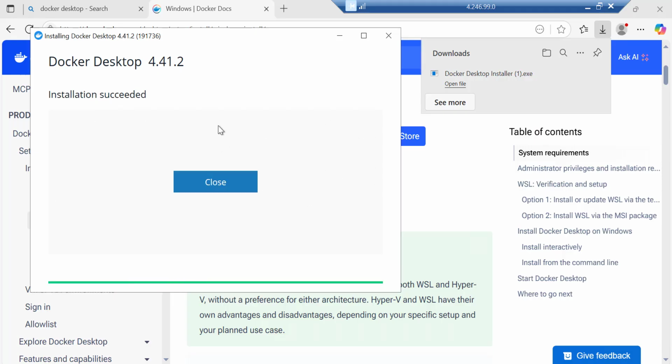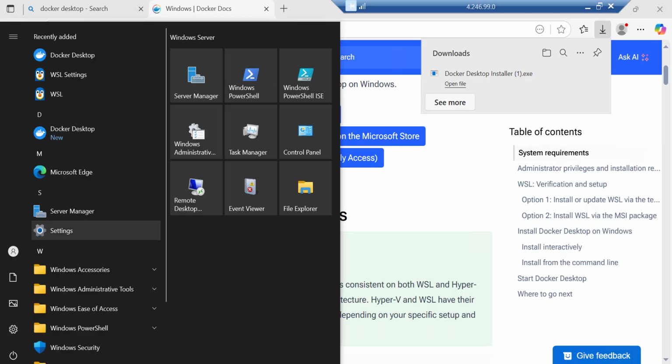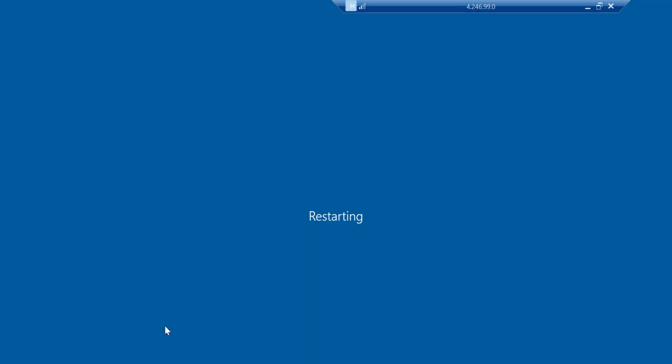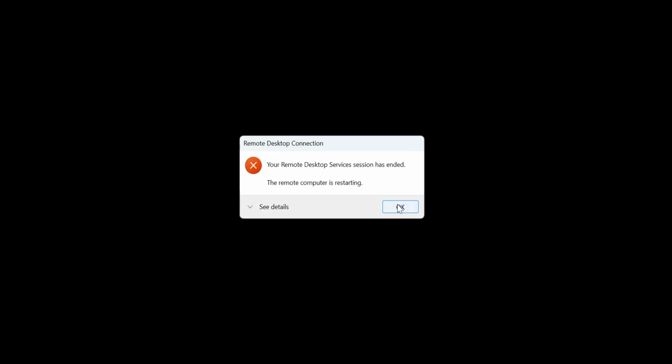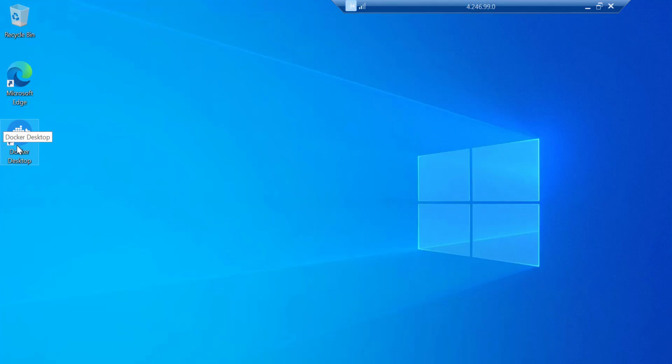And now the Docker Desktop installation has finished. It needs to restart your VM so the installation of Docker Desktop completes. So I will restart again. I have restarted and connected to the build agent again. And now I will run Docker Desktop.